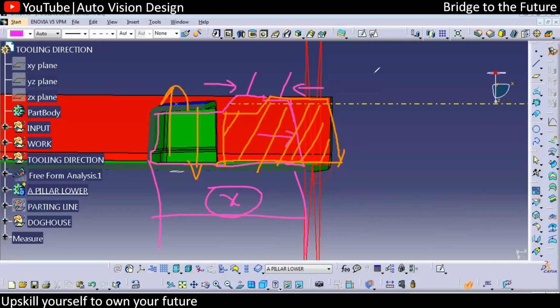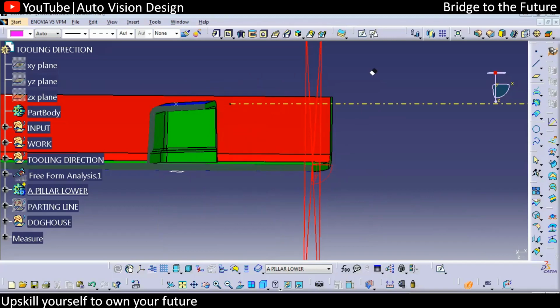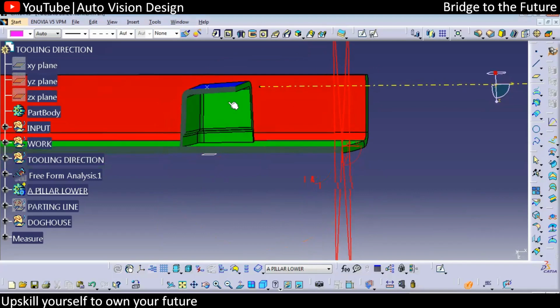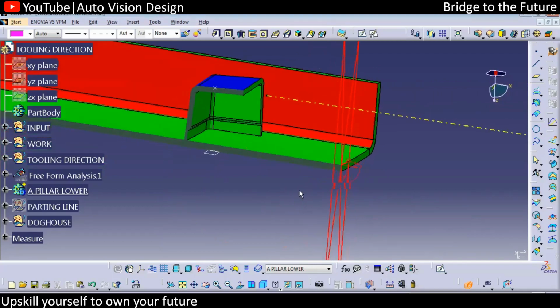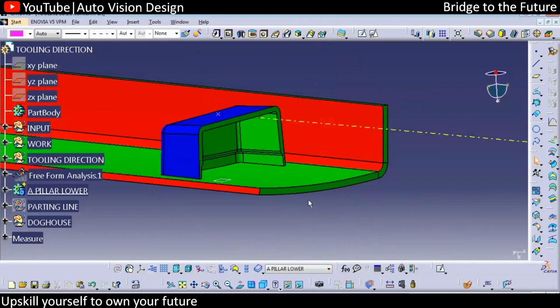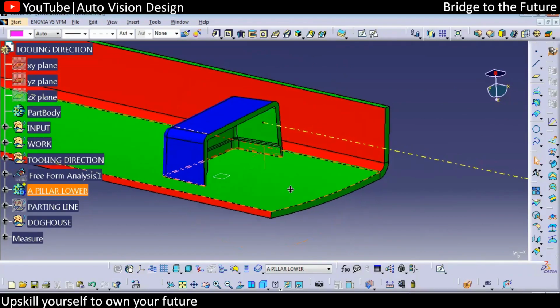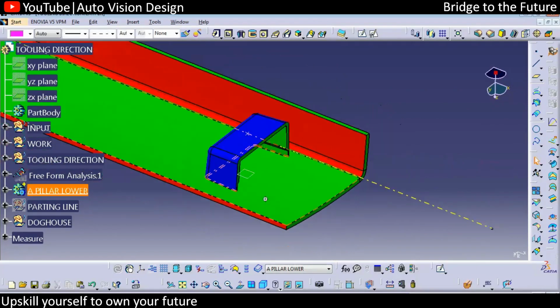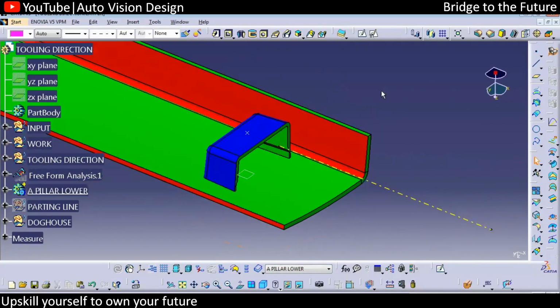Okay, so this is something like the case. Whatever we have, this lifter direction, slider direction, that we need to check and work out. So this is called the tooling we need to consider. Whenever we design anything, placing a doghouse is not a big deal. To check everything, there should not be any B-side feature, that will make sure we can add the doghouse. So this is the perfect position, so we'll consider this as a doghouse. Now we need to add a locator as well as a clip tower over here. So that we can check how we're going to add the clip tower or locator over here.